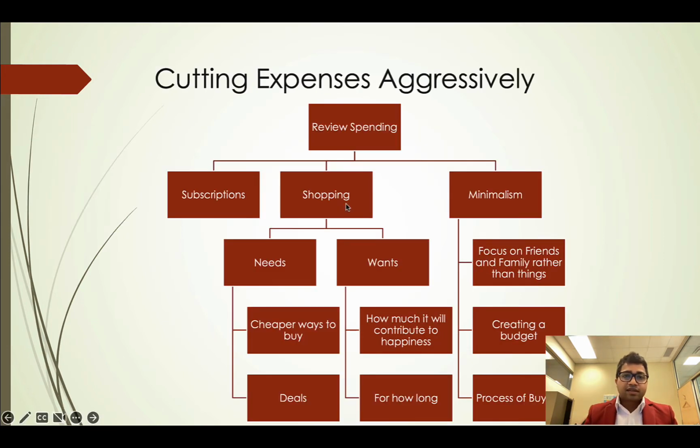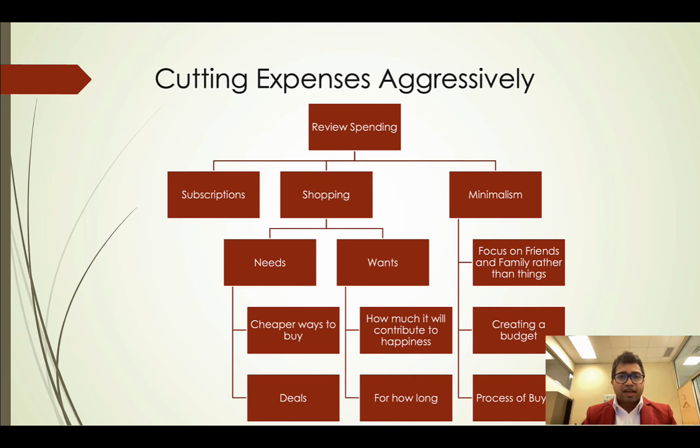So let's boil down this principle in a bit more detail. Let's unpack it. So what do we do in the FIRE principle? Step number one is we review our spending. Review spending means look at all the subscriptions, because you will be amazed what kind of things you have subscribed to.